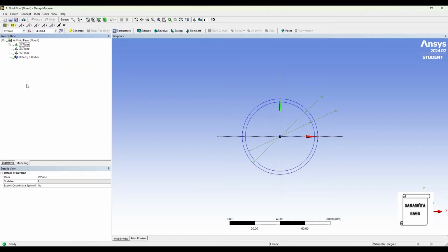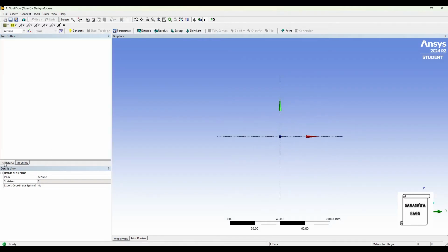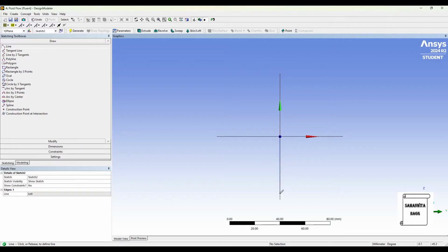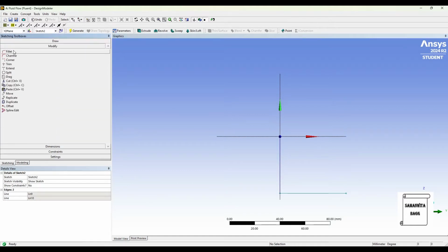Once this is done, now I'll go to the YZ plane and look at it. I'll go to Sketching and take up the Line option. Then I'll go to Modify and give it some fillet.